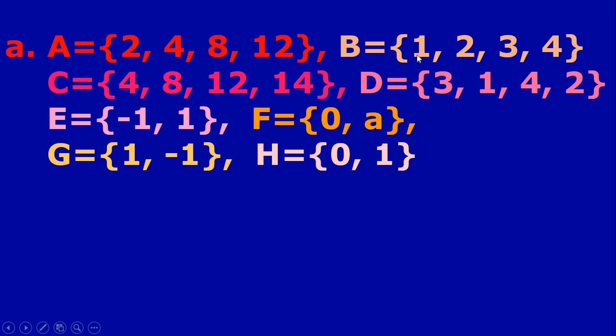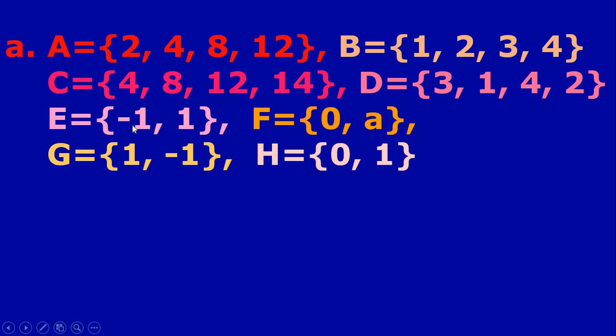Next B, it is 1, 2, 3, 4, and here also B and C are not equal, and B and D. Now here also we have 1, 2, 3, 4, and here set B and D are equal. So it is set B and D are equal. Compare B with other set, it is not possible. So B is equal to only D set. So next C. Now C is not equal to any other set. Now D, already B is equal to D set. So B and D are equal sets.